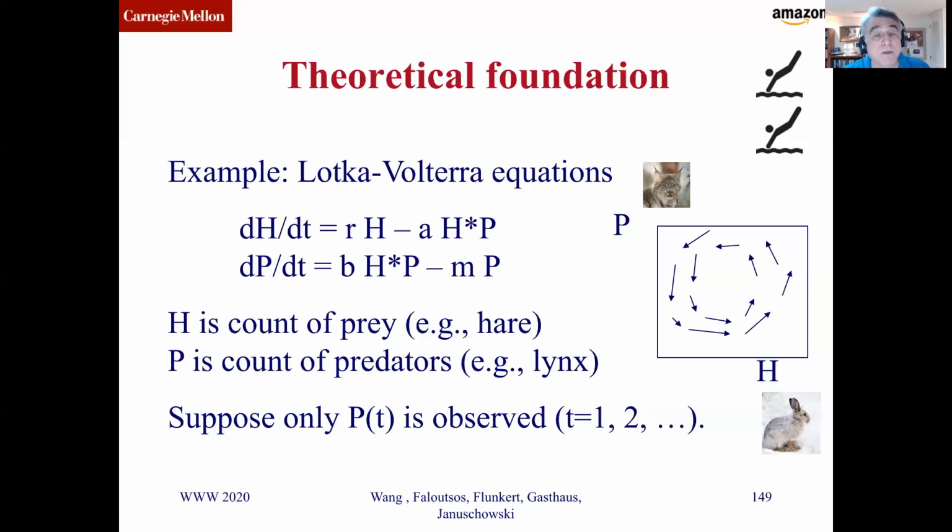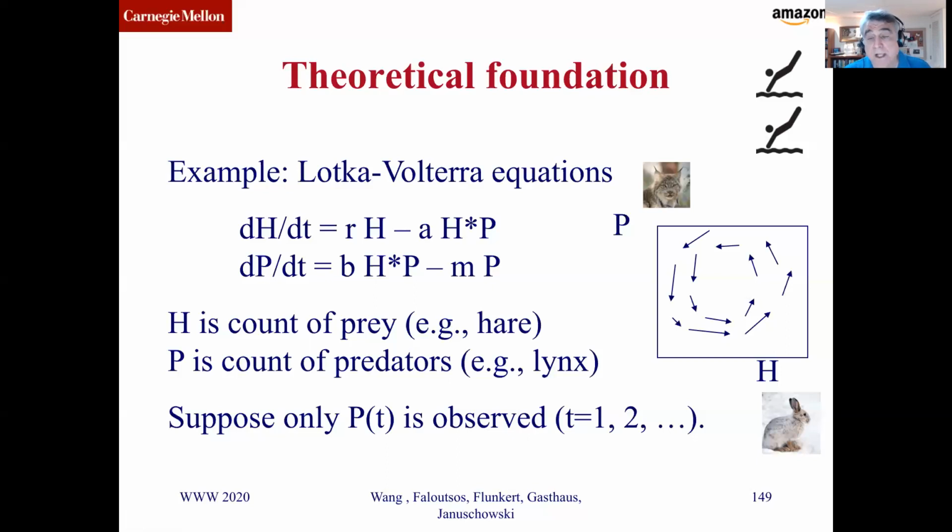So if we know both the number of predators and the number of prey, we can figure out exactly what will happen next. What if we only know the number of predators? It turns out that we don't need to know the number of prey if we have a long enough history of the predators. This is the idea behind